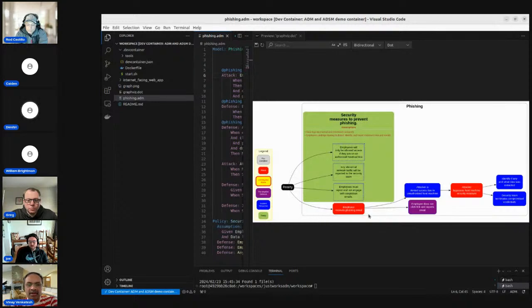A preemptive defense I put was that the employee doesn't click the link and reports the email because they received training to identify any phishing and report it up. An incident response in case the employee clicks the email and gets their credentials leaked would be that the attacker tries to gain network access but is denied because they are not on an authorized host machine. It goes back to discussions before. They try to use the credentials, but because their host machine doesn't match up, they can't